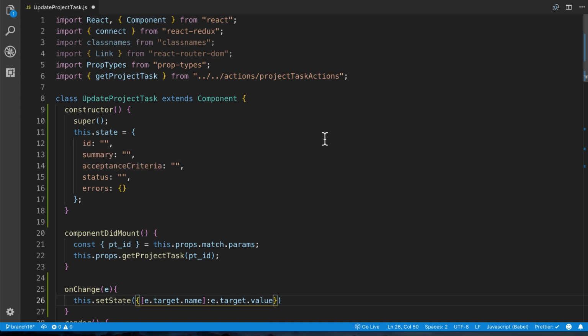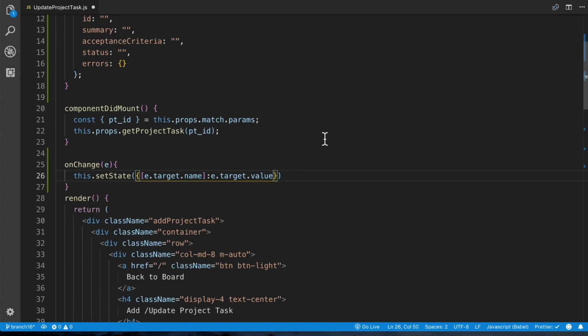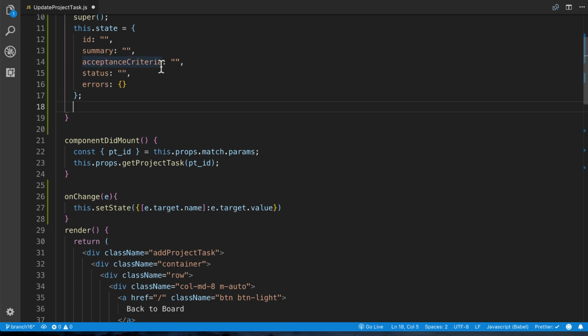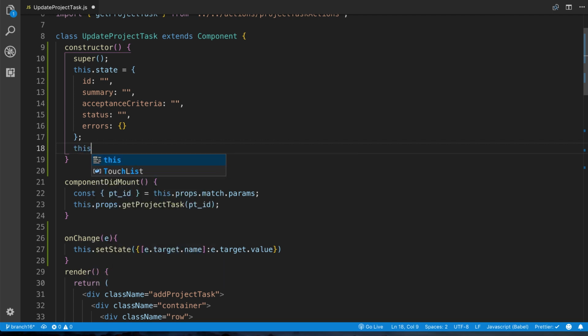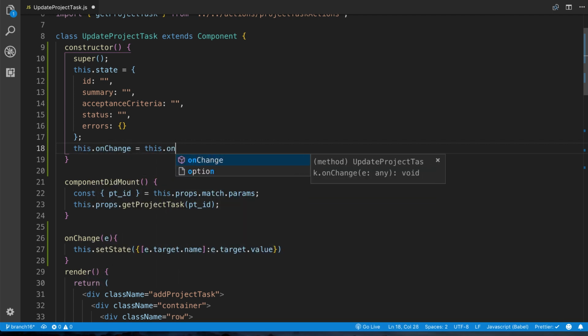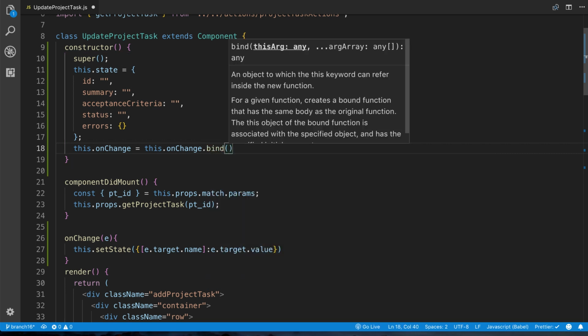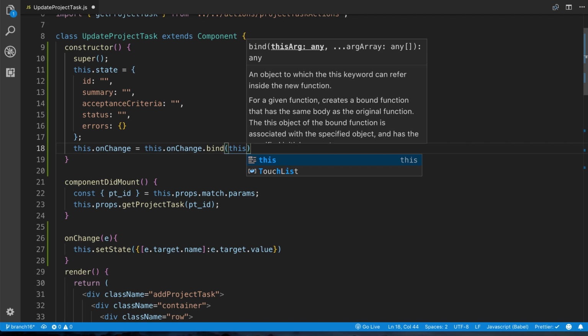All right. So now that we have this here, the next thing that we want to do is obviously bind this to each one of the input fields so that we can go back and regain control of the input fields so that we can actually type on them again. So I'm gonna come here to the constructor first, since we're up here anyway, and just say this.onChange = this.onChange.bind(this). Okay,